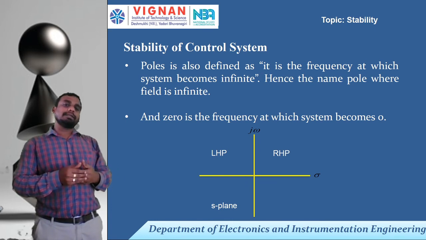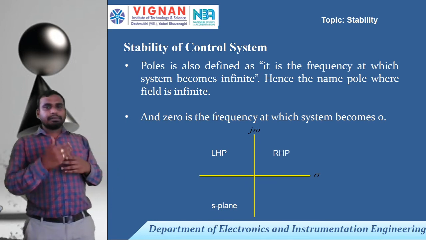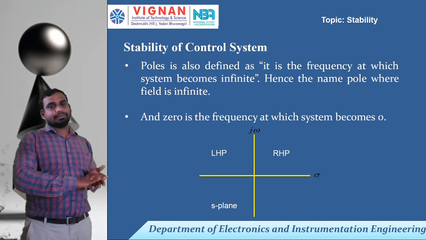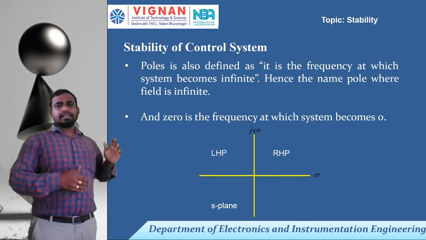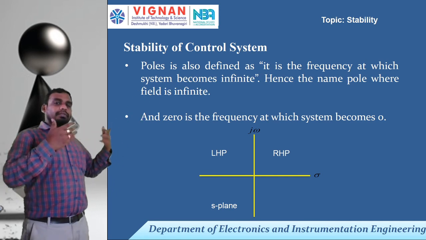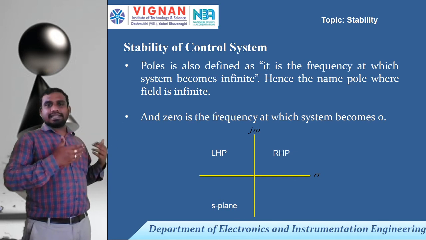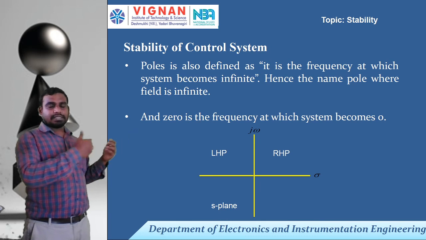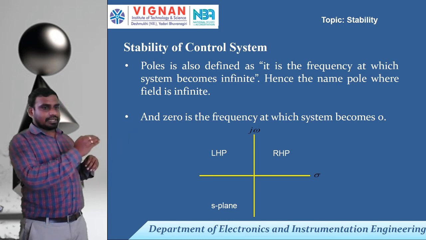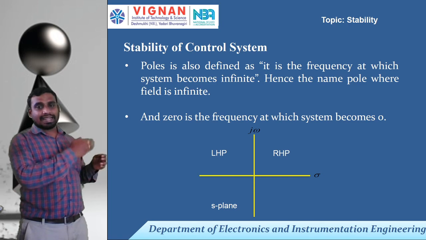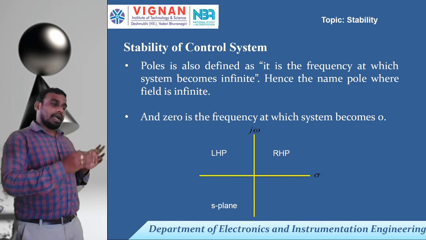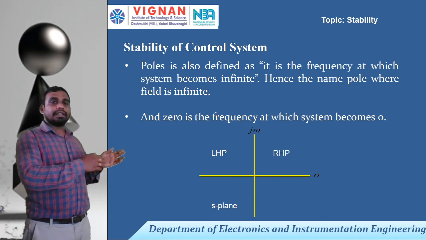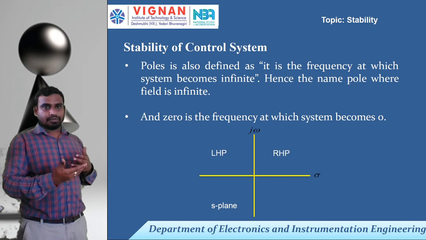Relative stability tells us the time taken for the system to reach its stability. Suppose the system has oscillations or some kind of transient, at what time will we get the stable response? That is, at what time will we get the steady state? As we discussed in the previous class, steady state is when the response reaches a constant value once the transient is over. Based on that particular time, the relative stability can be estimated.